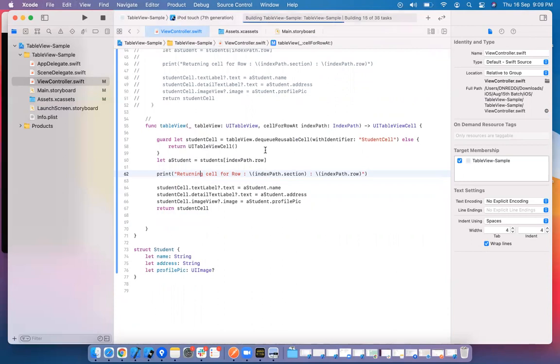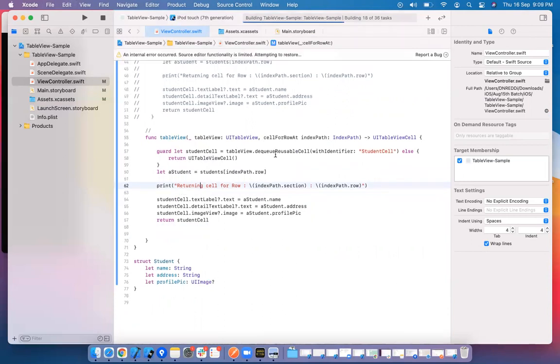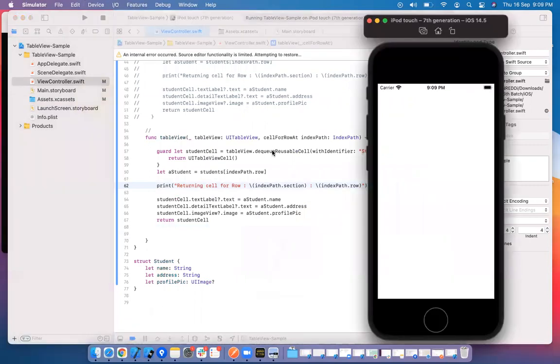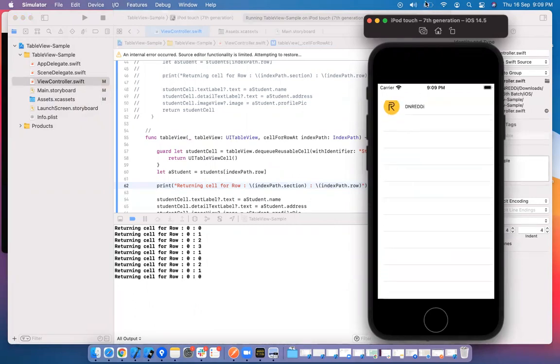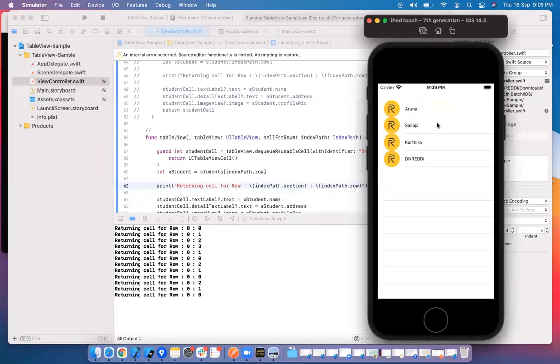What is happening here is we are not creating any cells. We're just asking the table view, do you have any free cell? If it has a free cell, it gives you, otherwise it creates a new cell and gives you. I'll show you this practically so that you'll get more clarity. Again, same thing happens here. Once these 4 cells are created, it will not create a 5th cell.